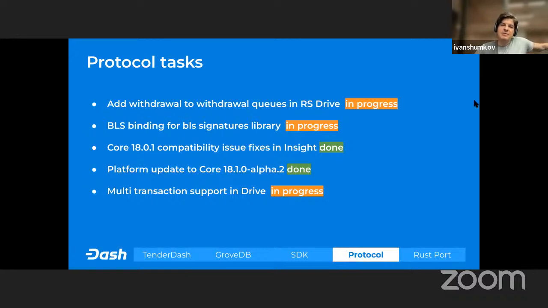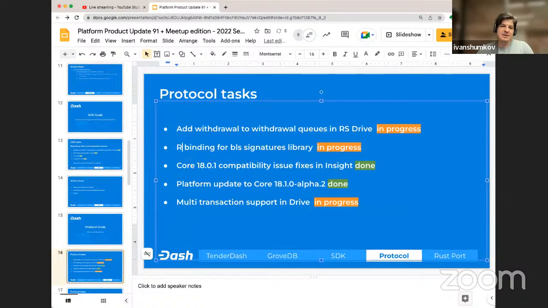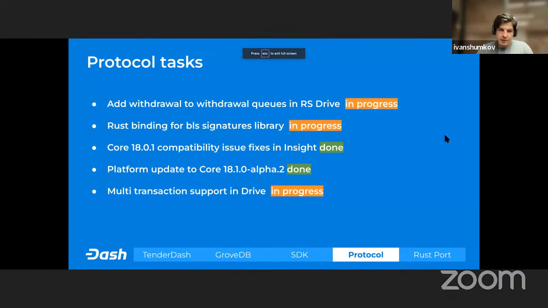The binding itself works now for Rust, but we need to make sure. So basically, they have this library written in C++. We use it in the core, and we want to use the same code base in our other components. We already have the binding for JavaScript, which we use in our JavaScript components, and we need the same for Rust.